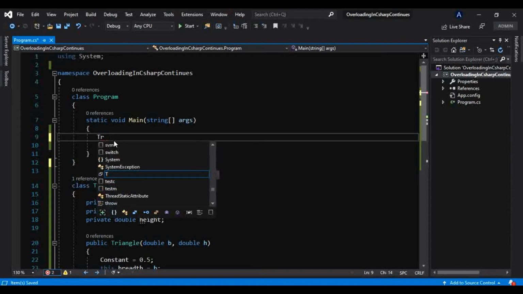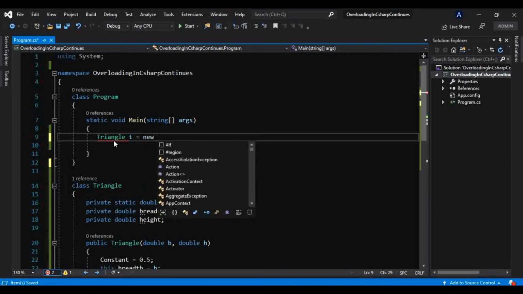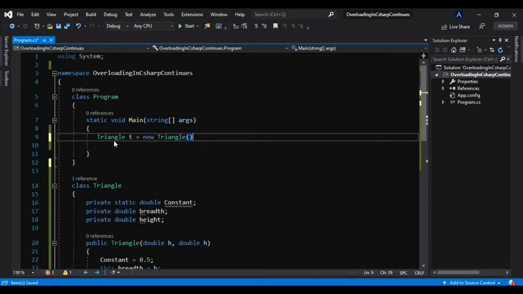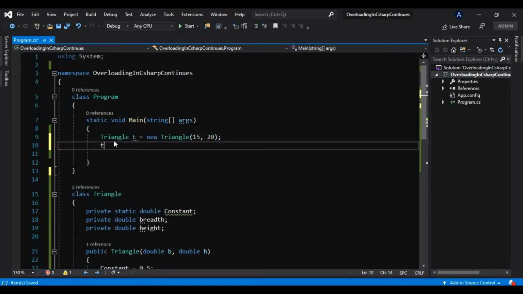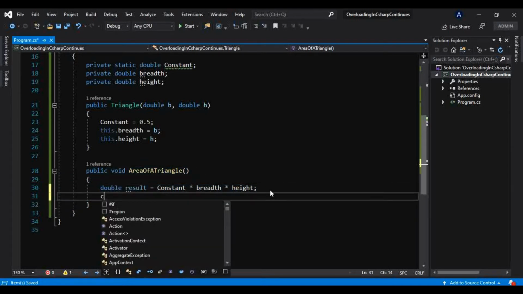Triangle t is equal to new Triangle, and we know we have to pass breadth and height. Let me pass 15 and 20. And we know we have a method which can calculate the area of a triangle. Now if I print this, we know we are taking this method as a void, so we will print here itself, because it is not going to return anything.